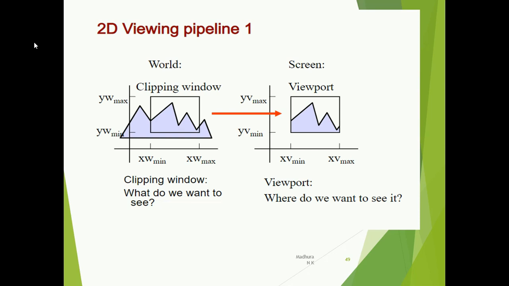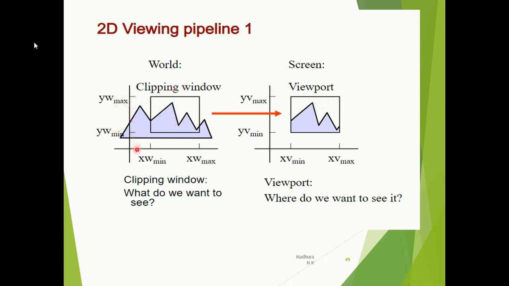Whenever you consider any images, these images will initially be in the form of the world coordinate system, as we have seen in the previous videos. So we have the entire image initially in world coordinate systems. Later these world coordinates are converted to screen coordinates. When it is being displayed on the screen, you have to convert it to the screen coordinates. So how do we do the clipping process when we go through this transformation from world coordinates to screen coordinates?